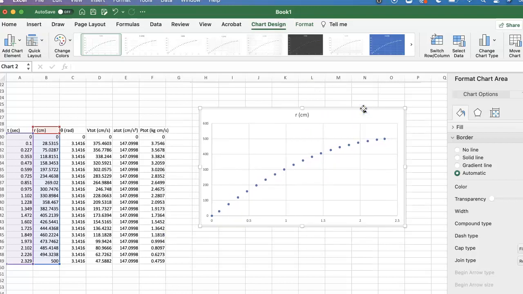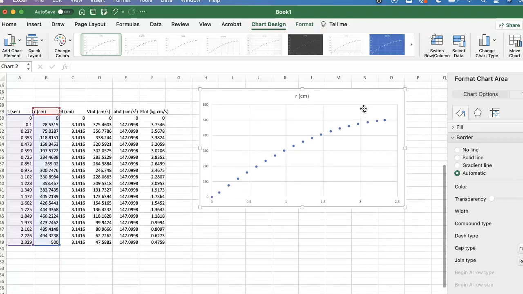Then look at the graph here, showing you the position versus time for this object. Again, I'm going to repeat the same thing here. You're going to transfer this graph to a new sheet, fit it, put the equation on it, and